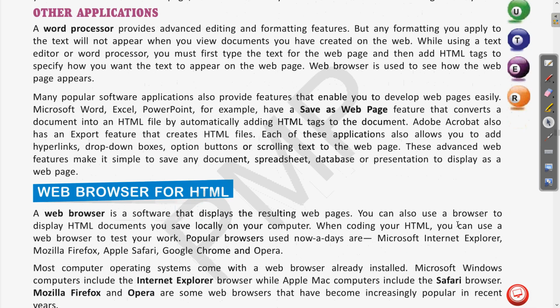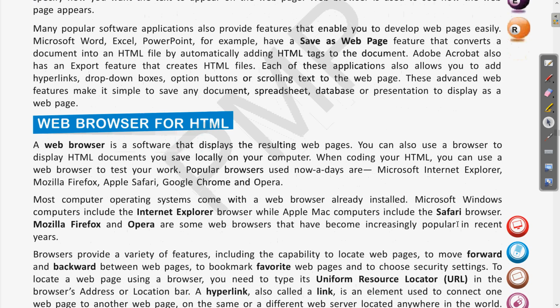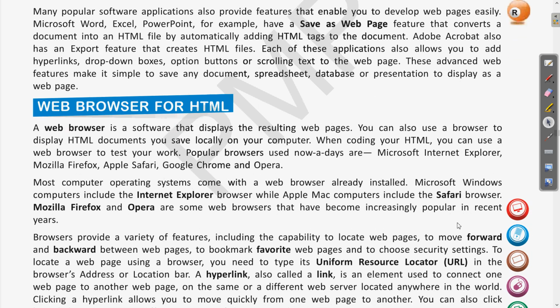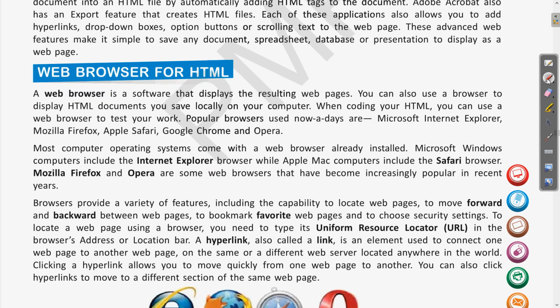Now we will see the different web browsers for HTML. Web browsers are basically the software where we can view our web page, the HTML code which we have seen, which can be written in different text editors, HTML editors, or WYSIWYG editors. These were all the different ways the HTML will be written or the web page will be designed.